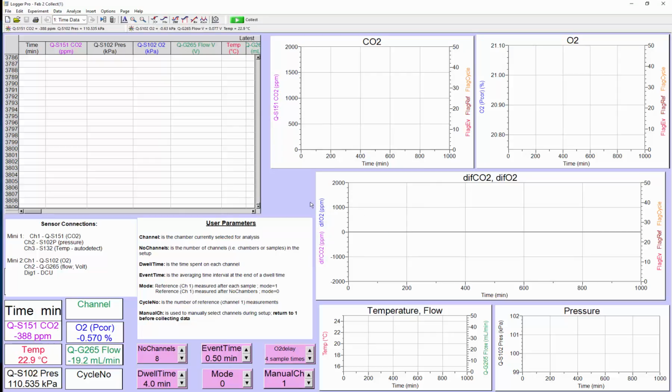and now we have a Logger Pro setup file ready to collect. But first of all, let's discuss briefly what's on this page. There's just one single page in this